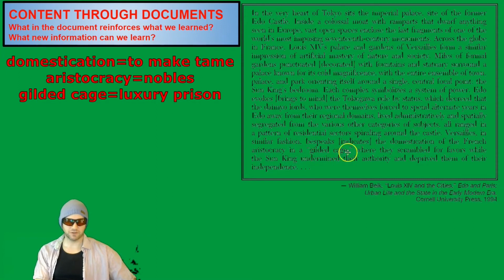that's used quite a few, gilded cage, where you're trapped, but gilded is like covered in gold. So your cage is gold. Your cage is fantastic. Your cage is fun. Your cage is entertaining. You're living in the lap of luxury, but you're still in a cage. And so that's exactly how, in poetic terms, the nobles were in Versailles. They had everything they wanted, all the luxuries, all the fun, all the everything, but they were still trapped, and